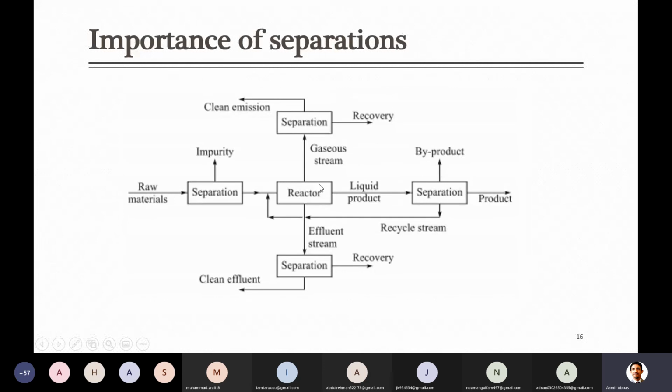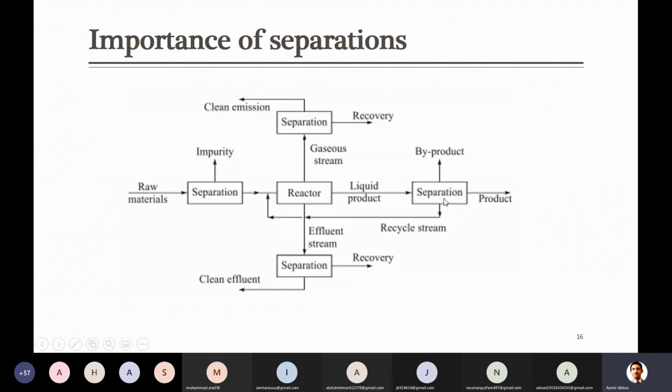For example, we consider that our unreacted reactants are going into the liquid stream, so you have to do separation. Here three separations are taking place, or the stream coming to this separator is converted into three. One is your major product, sometimes a byproduct can also be separated, and then there is a recycle stream, recycling the unreacted reactants. By the way, only one name is written here: separation.